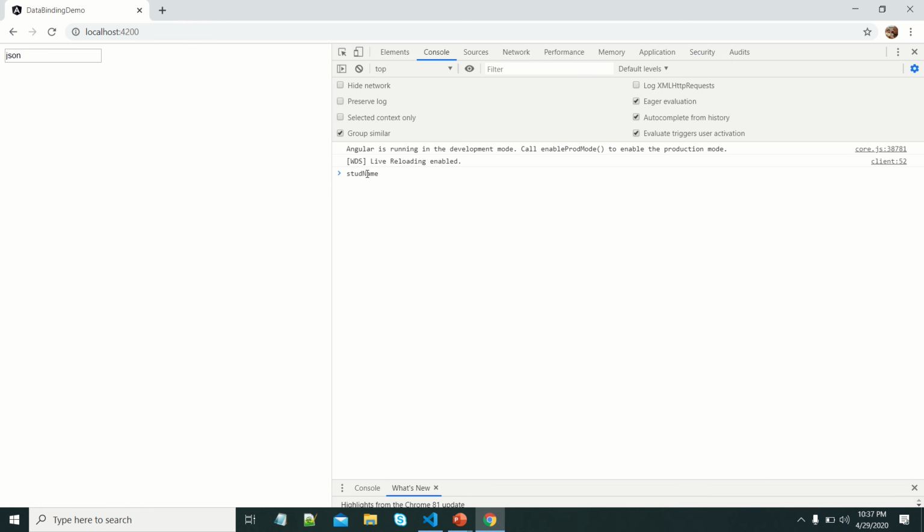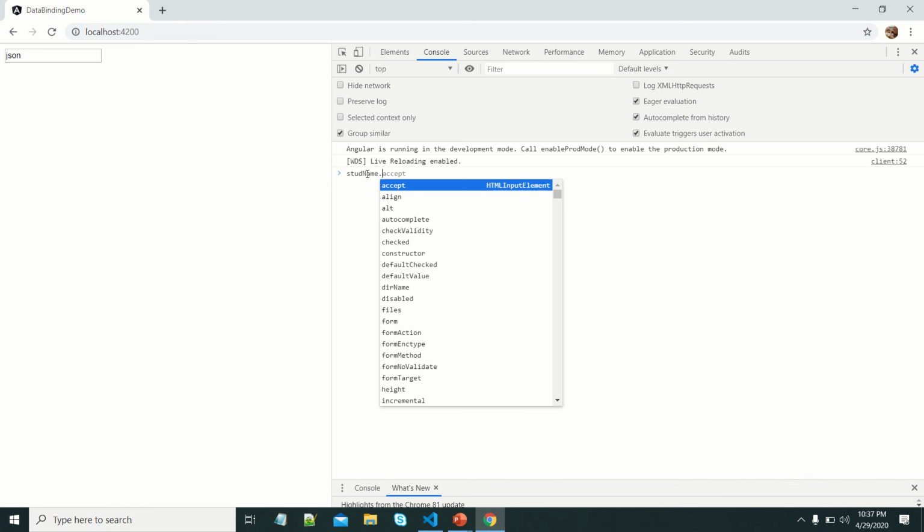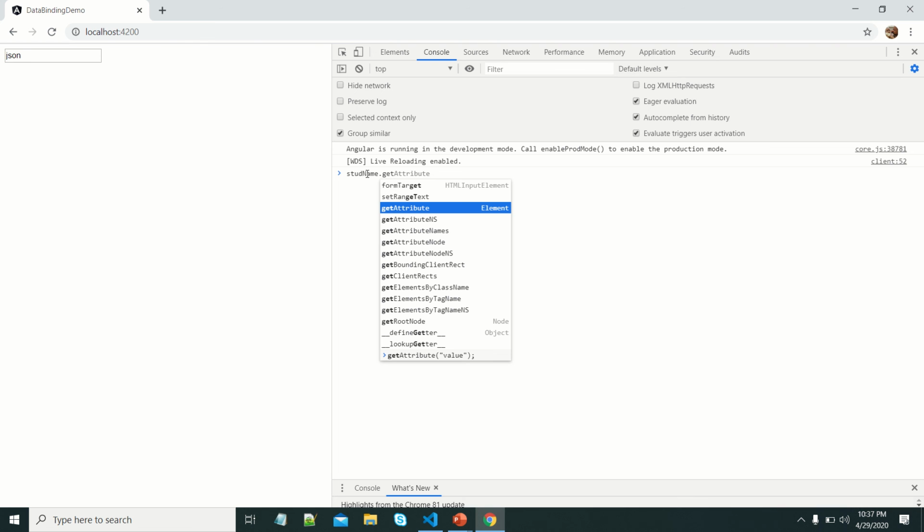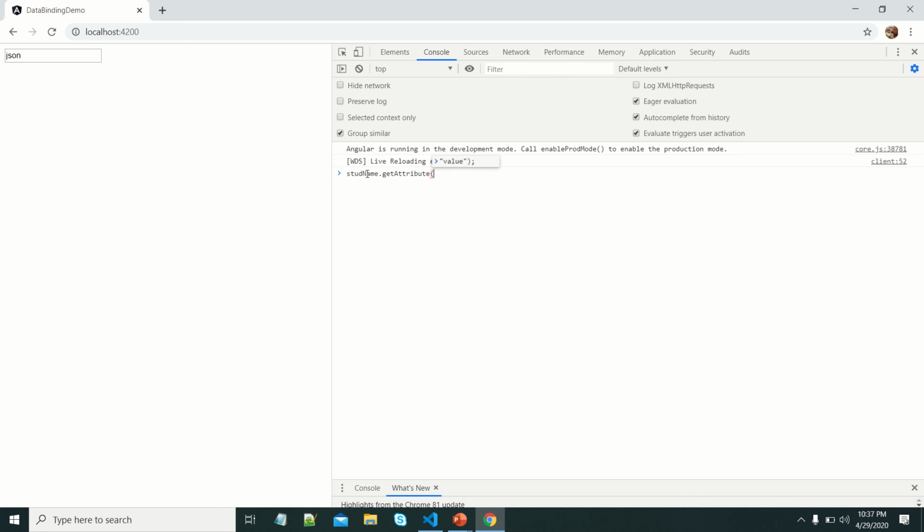Now, I want to get the attribute of this. We have the getAttribute function in JavaScript, where we can give the attribute name. I want to get value. As we have given the current value as JSON, it is showing the value.